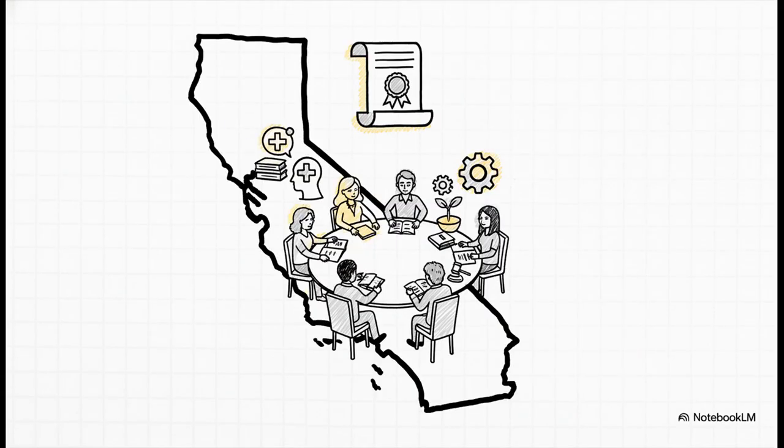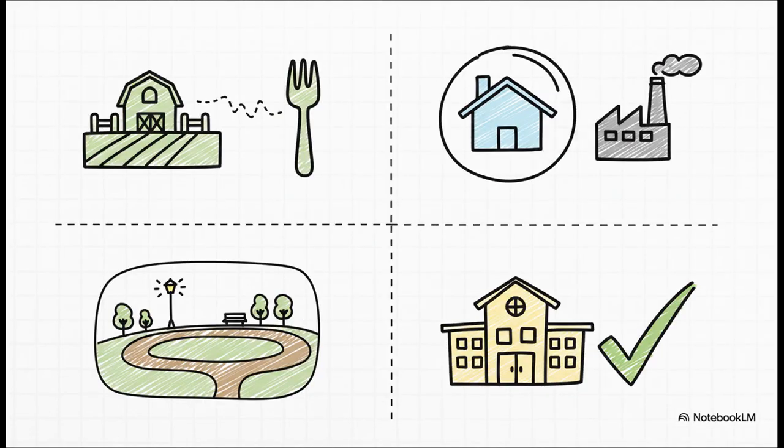States are really stepping up. Take California, for instance. They created a super impressive Health in All Policies task force, with the goal of making sure that every single state-level decision also moved the needle on health and equity for everyone in California. And this wasn't just talk. They got real things done. They created a farm-to-fork office to connect local farms with communities. They developed guidance so new schools and houses wouldn't be built right next to sources of pollution. They even used environmental design to make neighborhoods safer. These are real, tangible, upstream wins.